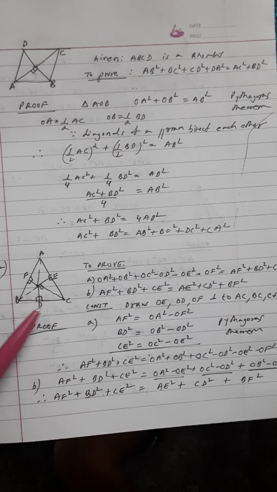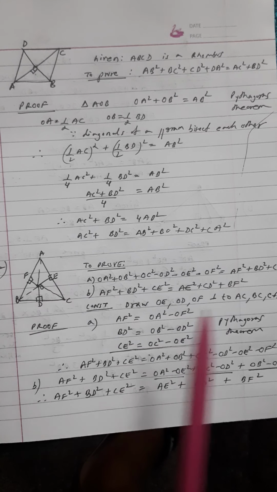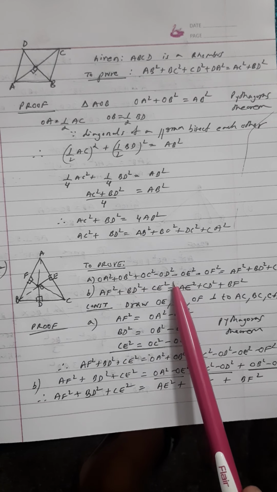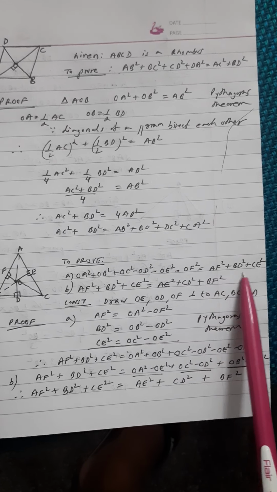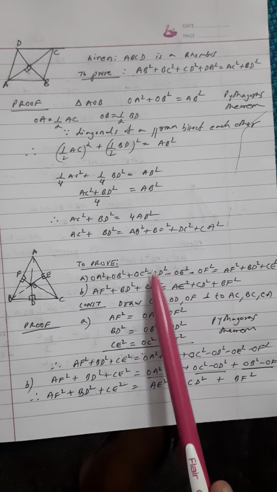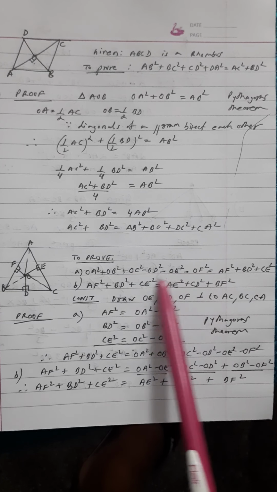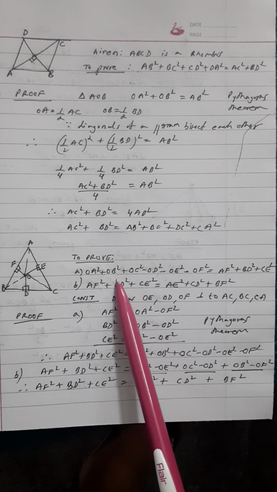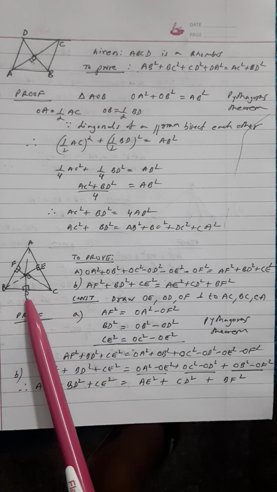In question number 8, we have a triangle in which we have to prove that OA square plus OB square plus OC square minus OD square minus OE square minus OF square is equal to AF square plus BD square plus CE square. Now in all these questions, if you have squares on both sides, you see the previous question, this question, that means it is based on Pythagoras. So to have Pythagoras theorem applied, we need to draw these perpendiculars. So I have drawn OD, OE and OF as perpendiculars.